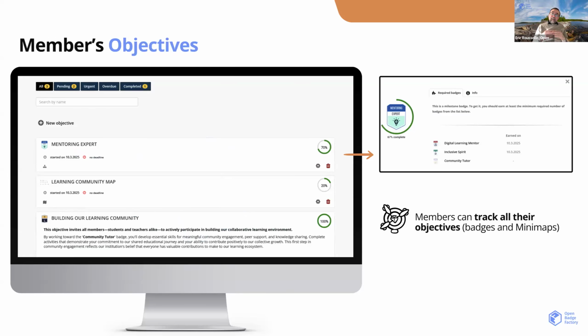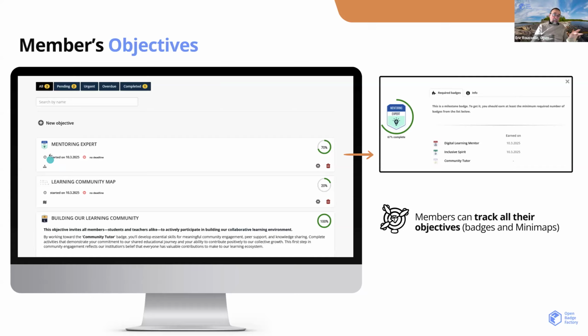Now with Spaces, it makes sense, because in Spaces you engage in some pathway, in some program, and as I show you, you can follow what you have been doing with badge application, but you also have the possibility with objectives to see what you are doing with different kinds of milestone badges.